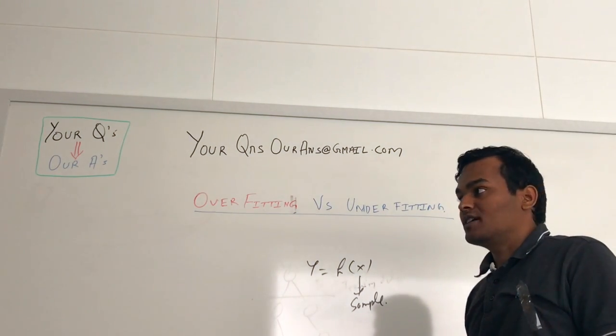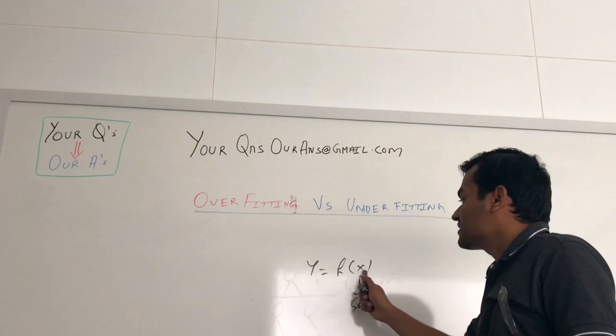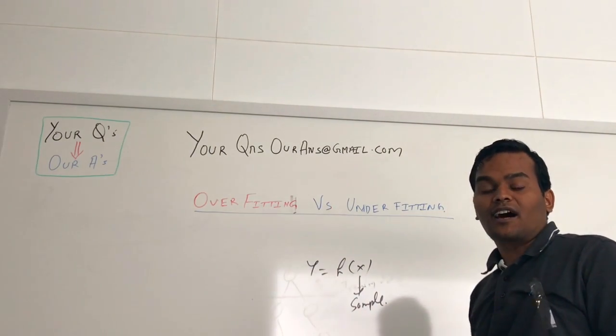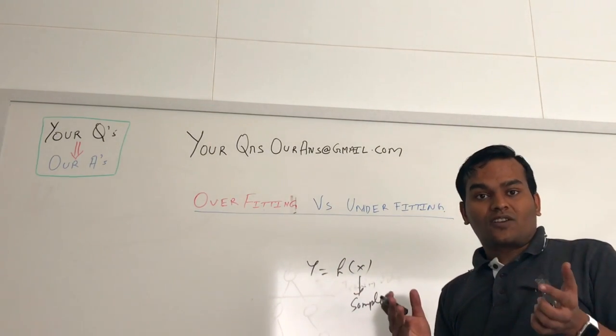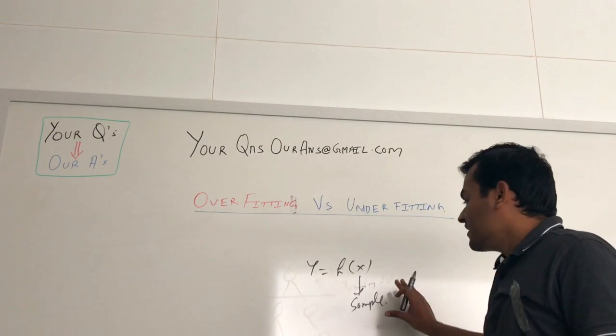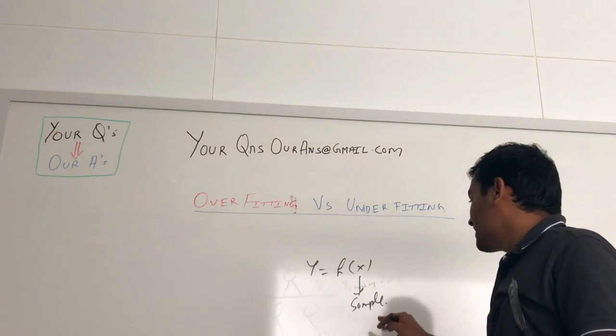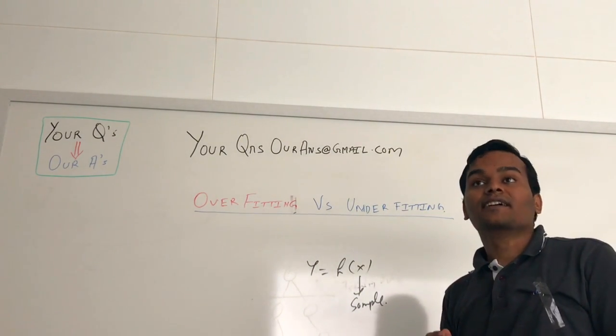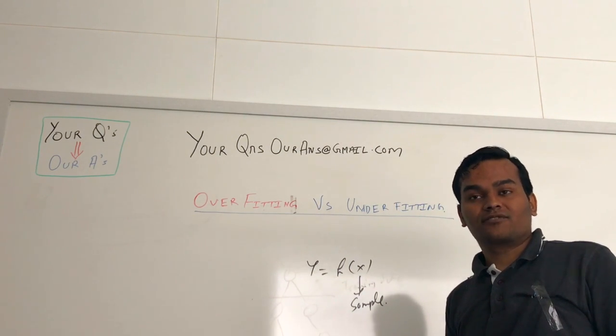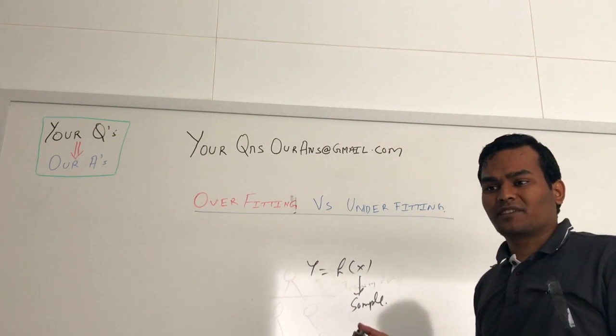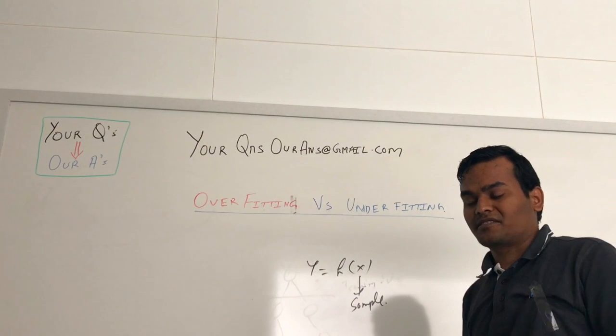Our target here is to learn the approximate target function given x and y, but here the x and y are only a subset of the whole problem domain. It's only the training data, it's sample data, and this data could be noisy, and most probably it will be noisy because in day to day use the data gets corrupted. There will be minor differences here and there, right?